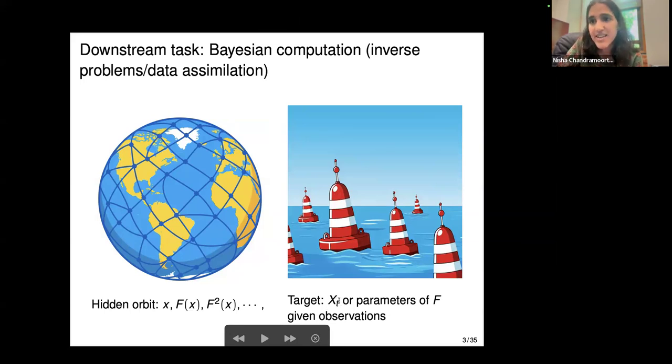Here x, I'm just writing this as a capital X to indicate that it's like a random variable. And we make some observations, and we're interested in sampling from what is the state or what are the parameters of this f given these observations. And now the claim is that these distributions as target distributions also inherit some low dimensional structure that is present